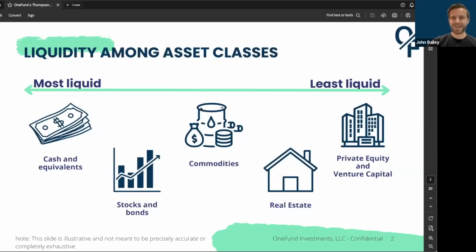You can see that on this chart to a certain extent. You have cash with the lowest rate of return, just getting the interest rate. Stocks and bonds perform a bit better. Real estate, depending on how you count it, performs a bit better, especially with tax advantages typically. And then private equity and venture capital, which over the last 25 years has dramatically outperformed public markets. Part of the reason for that is this liquidity spectrum.